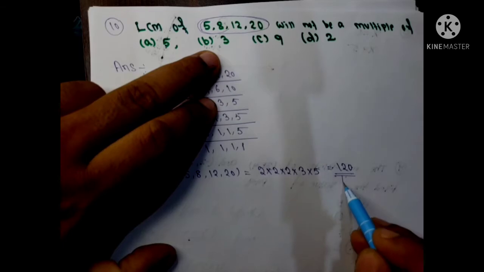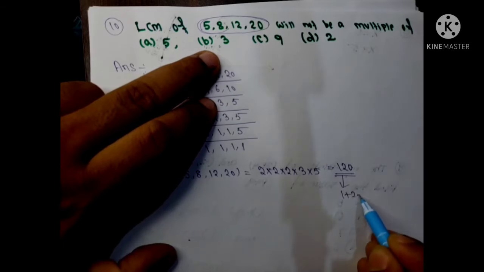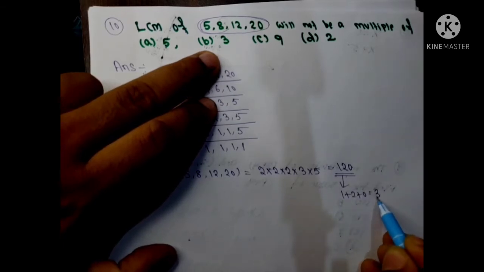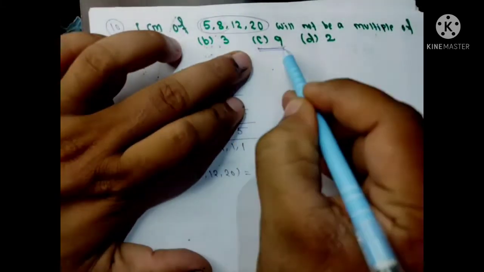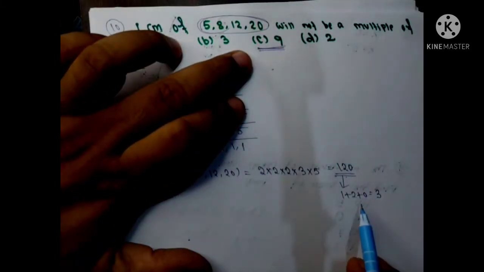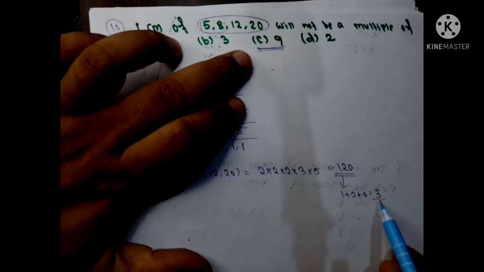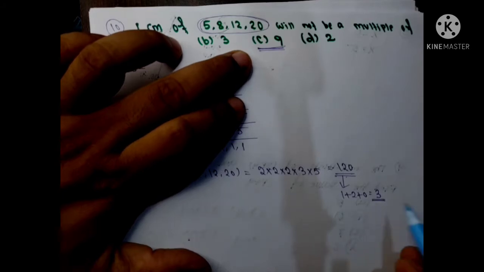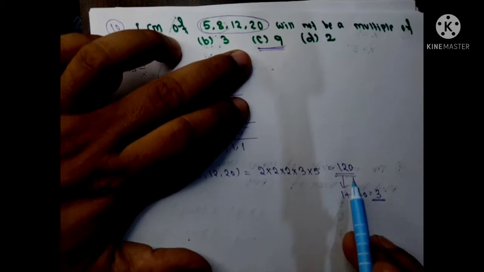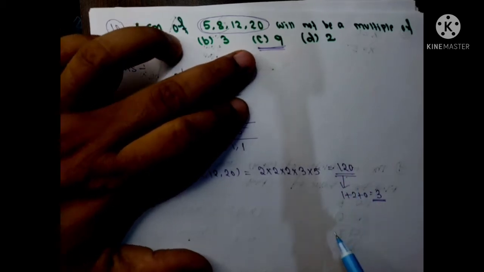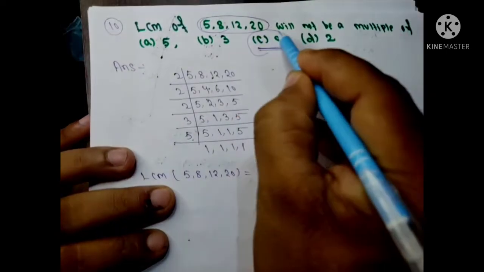तो 120 इसका जो डिजिट का सम है 1 + 2 + 0, ये हो गया आपका 3, मतलब ये 3 से भी डिविजिबल होगा। लेकिन ये 9 का एक मल्टीपल नहीं होगा क्योंकि इसका डिजिट का सम 3 आ रहा है। तो ऑब्वियसली ये जो 3 है 9 टेबल में नहीं है, अर्थात 9 से डिविजिबल नहीं है। सो योर करेक्ट आंसर इज 9।